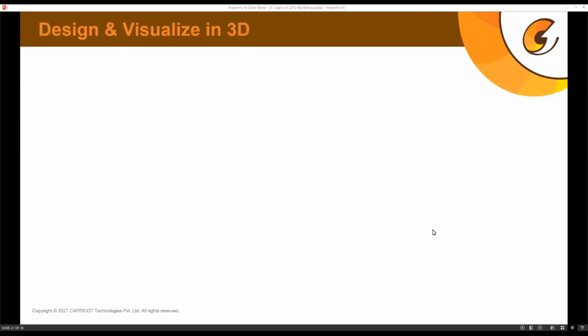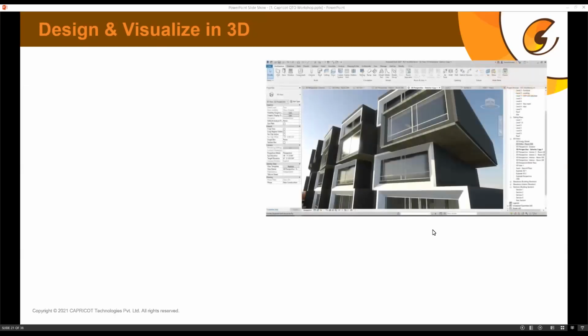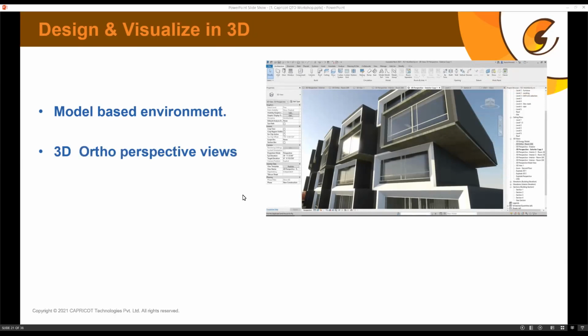Since we are working in 3D in this environment, BIM model is about creating a virtual asset. We are creating a 3D model of the entire project, so obviously we can visualize that in 3D. It is a model-based environment basically. So we are not actually relying on 2D sheets. We are actually extracting 2D results from a 3D model. So it's a model-based approach where we automatically get 3D orthographic and perspective views,